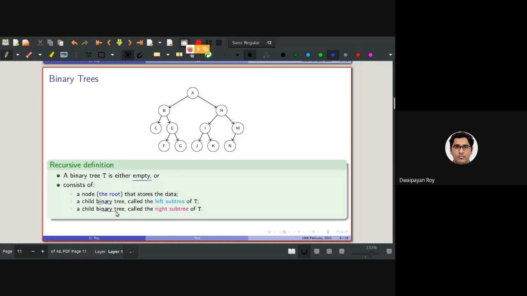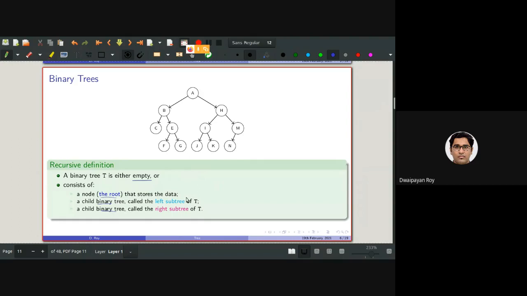Now you can see in this definition, I hope you still remember the discussion on recursion in CS 3101. So I am defining a binary tree T as either empty or having a node which I always refer to as root, and the node will have one left child which is again a binary tree, and a right child which is again a binary tree.